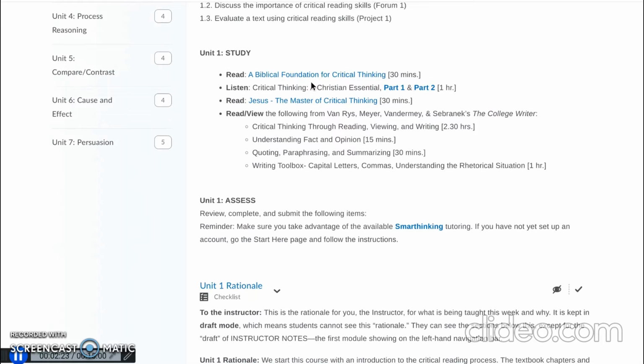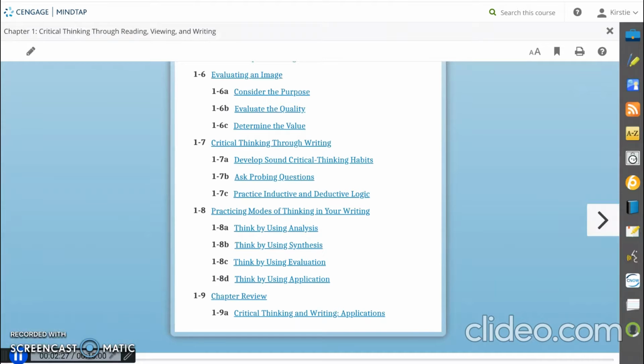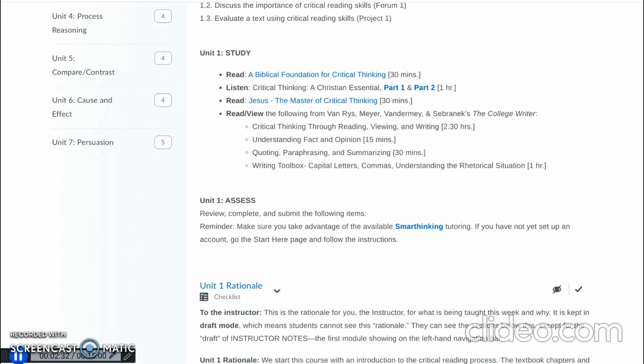A Biblical Foundation for Critical Thinking, and Jesus, the Master of Critical Thinking. And I want you guys to practice these four steps, analysis, synthesis, evaluation, application, when you are reading these two articles, and even when you're listening to this podcast, Critical Thinking, a Christian Essential. So by Wednesday, you may not have time to read all of these three, but at least read or listen to one of these first three reading materials right here by Wednesday, so that you can make your forum post. Now, after Wednesday, you can then go back and finish these readings